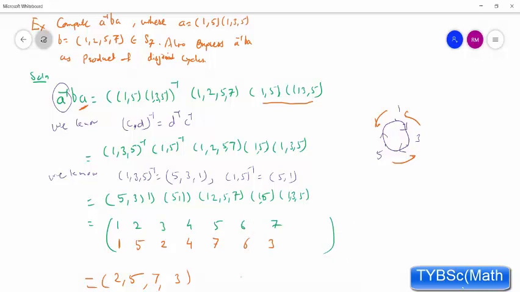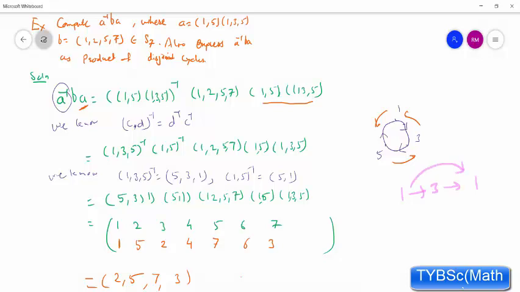We start from the left side. First of all, we have to write 1 2 3 4 up to 7, because we have a symmetric group on 7 symbols. So what is the image of 1? How can we decide? Here the image of 1 I already wrote. Because 1 goes to 3, we have to observe 3 in the right brackets. So 3 here is not there, here also not there, here also not there, but here it is. And the image of 3 is 1. So in total, 1 goes to 1. See here, 1 goes to 3 and 3 goes to, the last destination, 1. So in total 1 goes to 1.